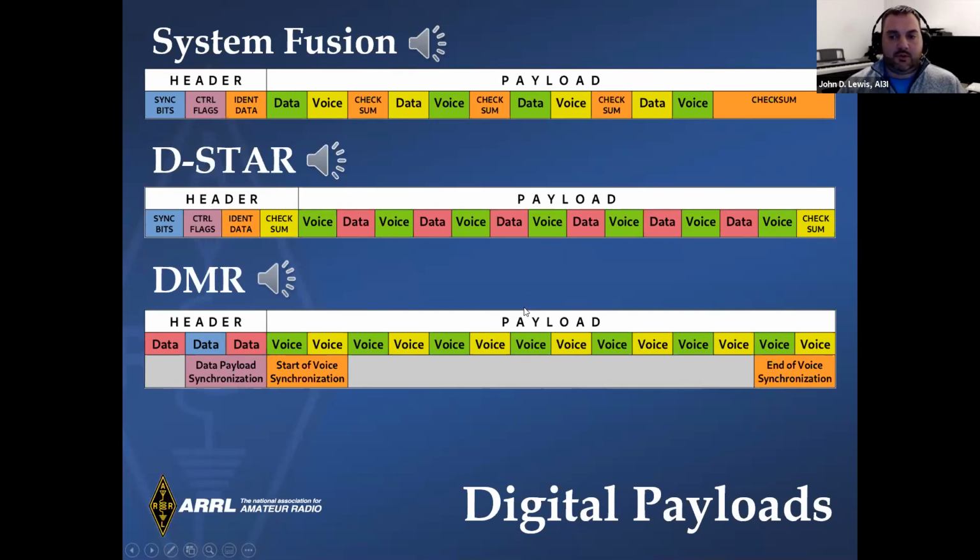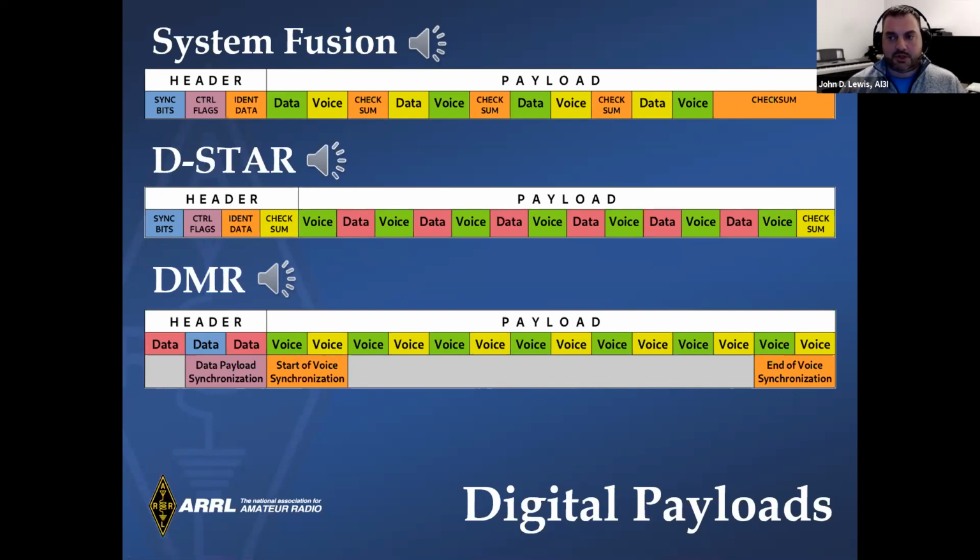A lot of DMR repeaters can handle two voice channels simultaneously, and you can see I have them alternated here with colors. So this would be slot 1, and this is slot 2, and this repeats over and over. And part of that, people say, well, how does that actually work? Well, since it's fast shift keying,